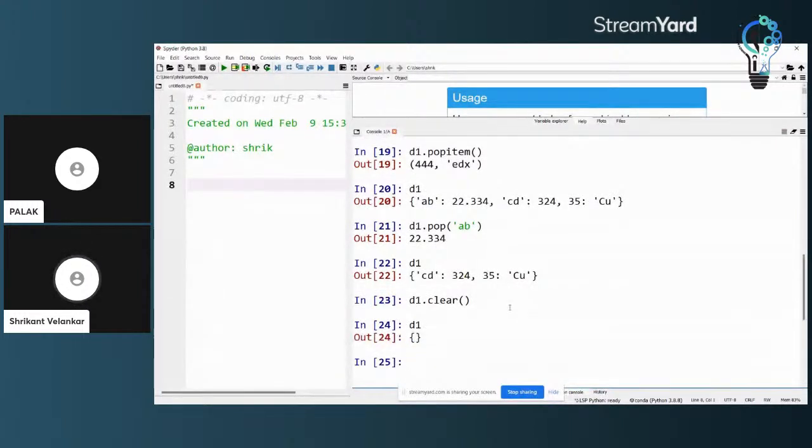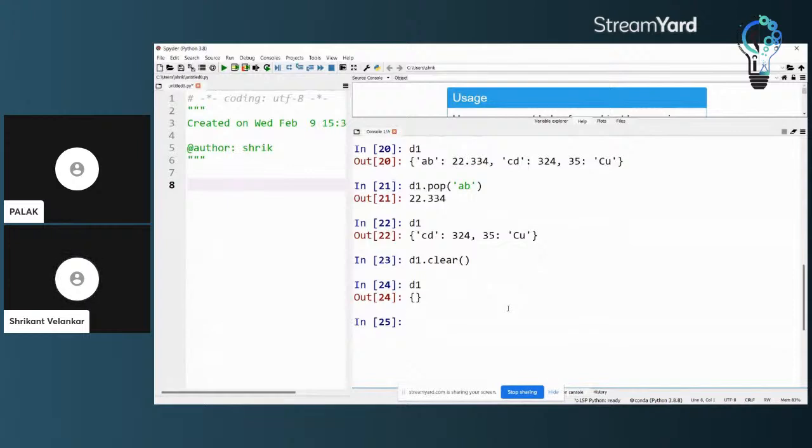You will see that the dictionary still exists in the name d1. So d1 is not returning that the variable does not exist. The variable in the name d1 exists. It is also of type dictionary, but there are no elements currently in this dictionary.